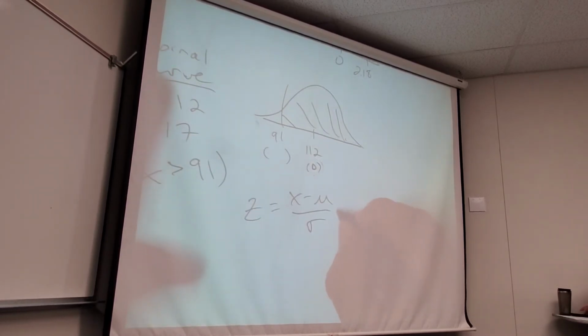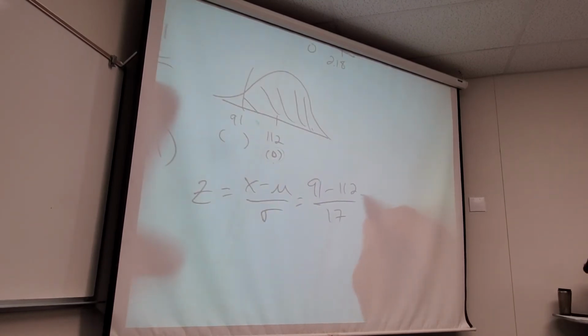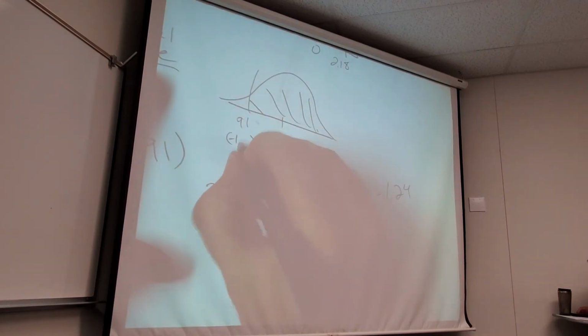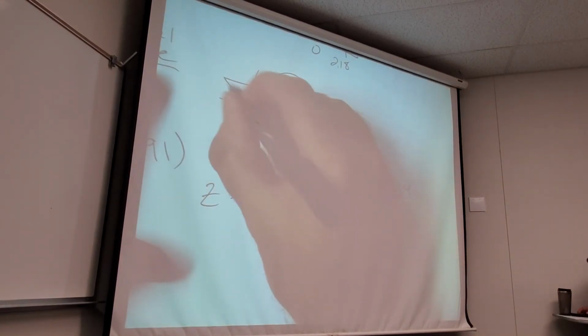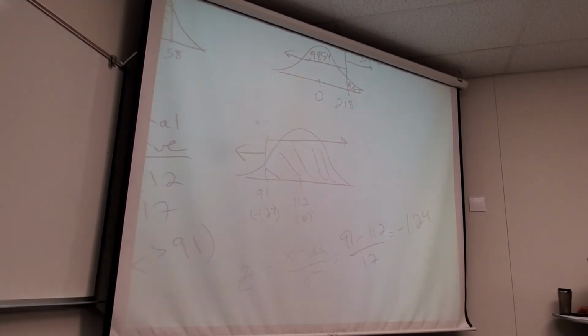The data point I'm curious about is 91. The middle is 112. Standard deviation is 17. So it comes out to be negative 1.24. And again, if I look that up, it's not going to be the right answer. I've got to do 1 minus. So if you look up negative 1.24,